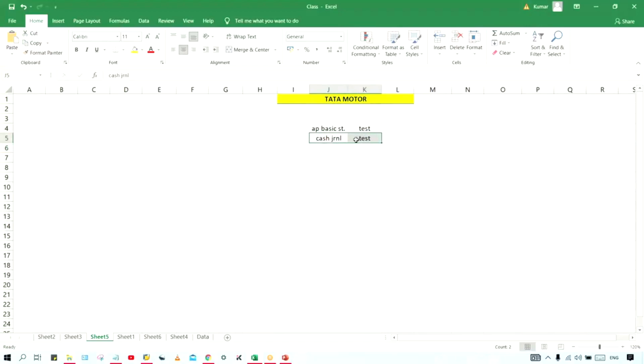Now, I'll just do one thing. Keep it here. Account payable basic settings we have done, and we have tested it. How? First of all, we'll post a certain invoice and then test whether it is working fine or not. After that, we have to post a payment also, and test whether it is working fine or not. In account payable, there is another functionality called APP, Automatic Payment Program.